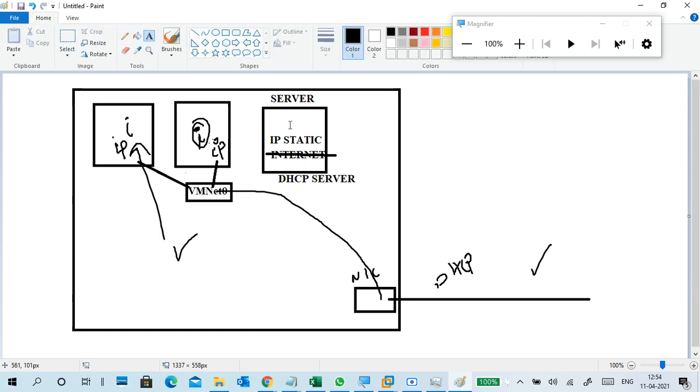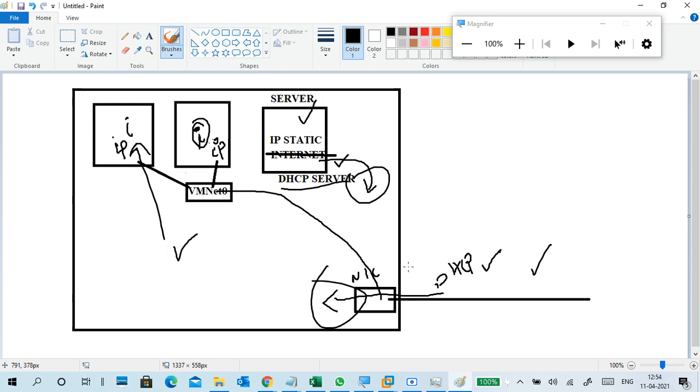In your physical network you already have a DHCP server, your internet router, which is also giving DHCP. When you make a server a DHCP server like this, this is also giving IP addresses, and this is also giving IP addresses, then a collision will occur.